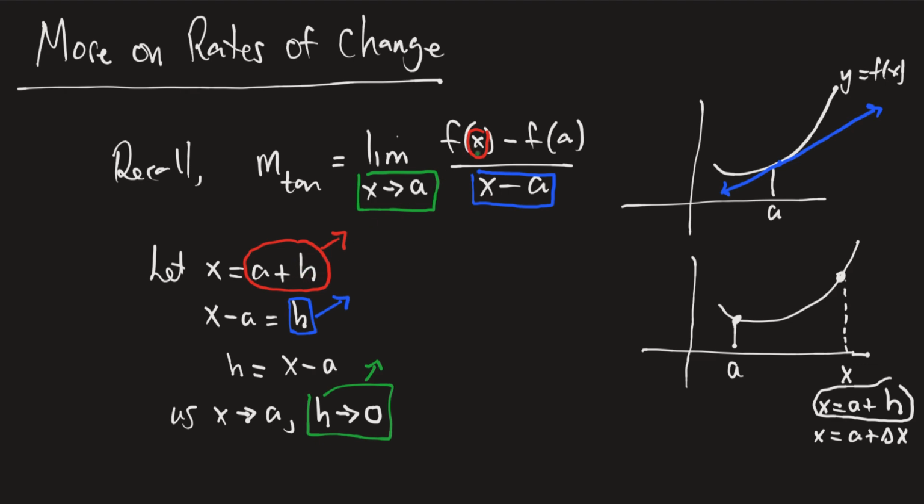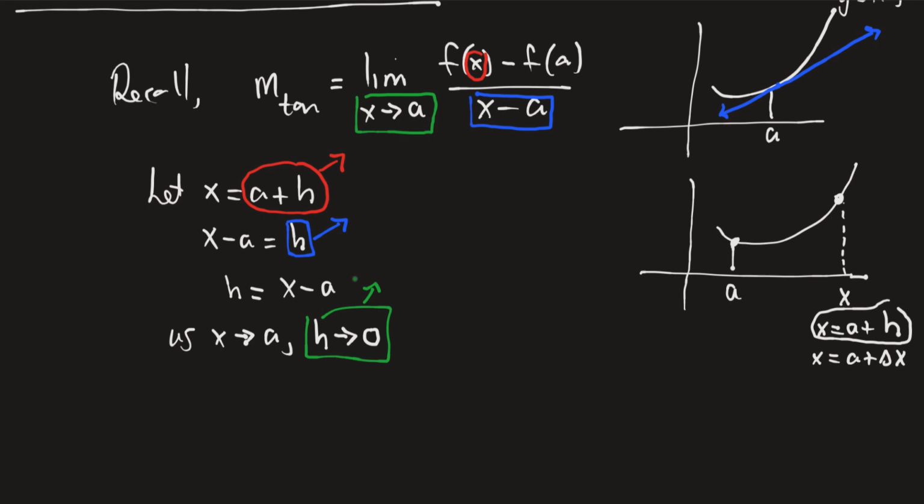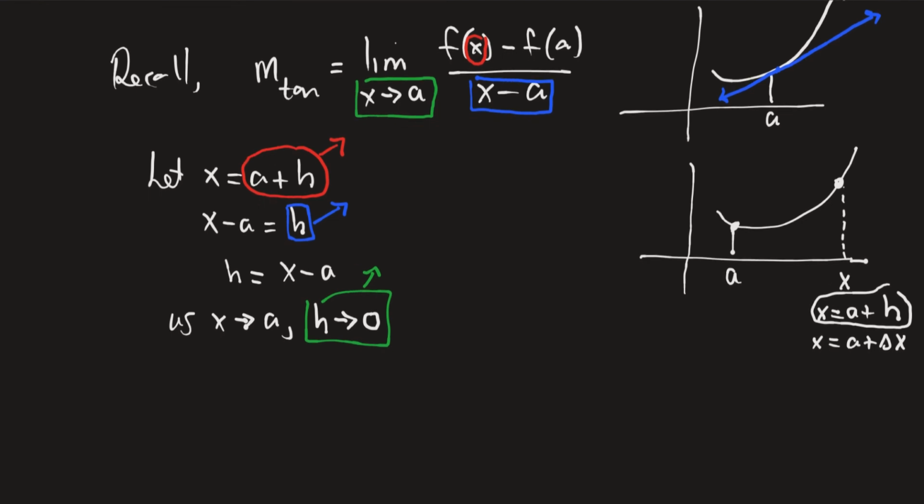So notice the three things that I have highlighted here, they all involve the letter x. But with this little change, I can change all three things so that they now involve the letter h. And then we'll get this alternative definition for the slope of the tangent line. So therefore,